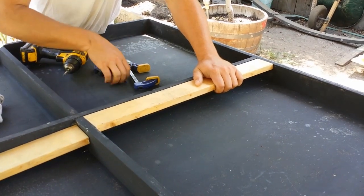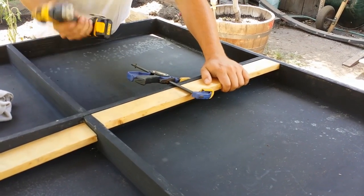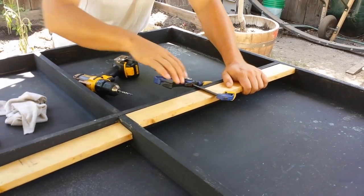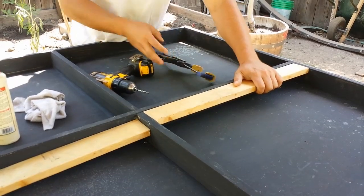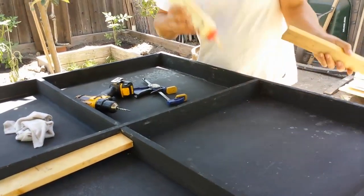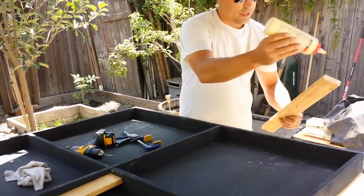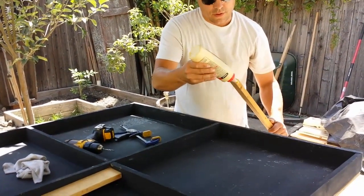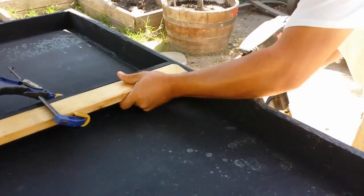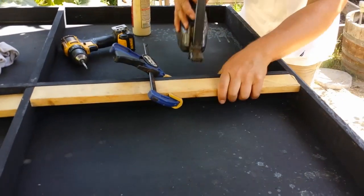Now to do this, I'm going to use this clamp to hold it in position. Now if you don't have a staple gun, you can always pre-drill and then run some screws in all your sides, working your way up. For this though, since I do have a staple gun, I'm going to use a 7/16 crown staple that's about 1 3/4 inches long. So let me get some glue on here, all the way down. I'm going to put a couple staples down at the bottom, put one in the middle,